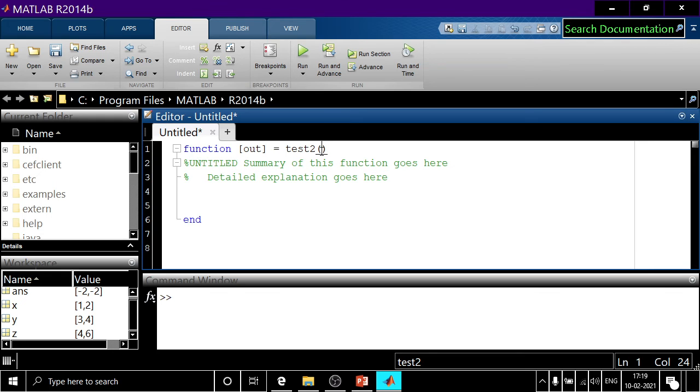So right now there is nothing as such. And what I will do to this, you see this percentage symbol is basically comment. Whatever you write after this percentage symbol, that is a comment. Let us use it to create a matrix.